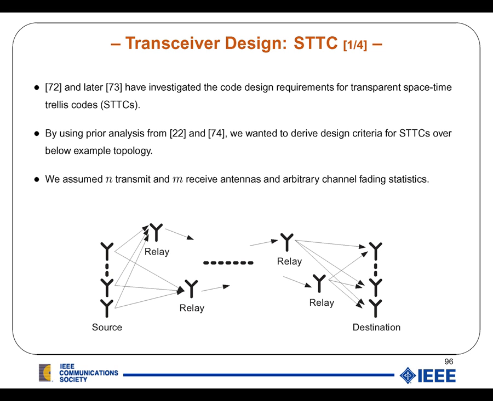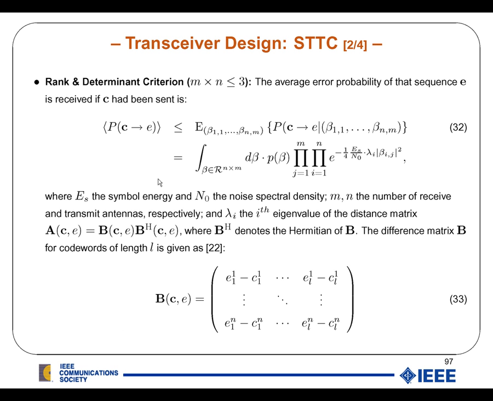And the question we pose is, what type of space-time trellis codes do we need to design if a source transmits that space-time trellis code word via a bunch of relays which just transparently relay that to a destination, which also may have a few receive antennas. As an example, we have N transmit and M receive antennas, and using the well-known rank and determinant criterion from Tarokh, which applies if the product of M by N is smaller than 3, you can upper bound the